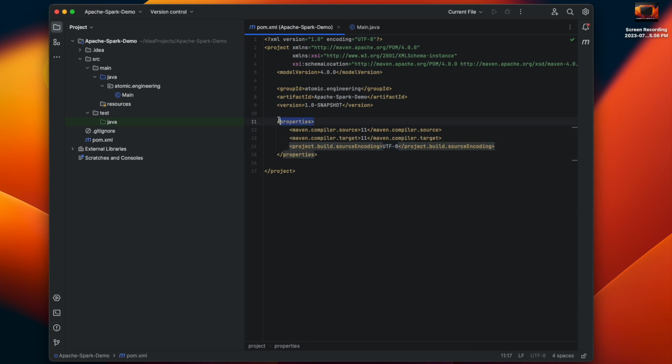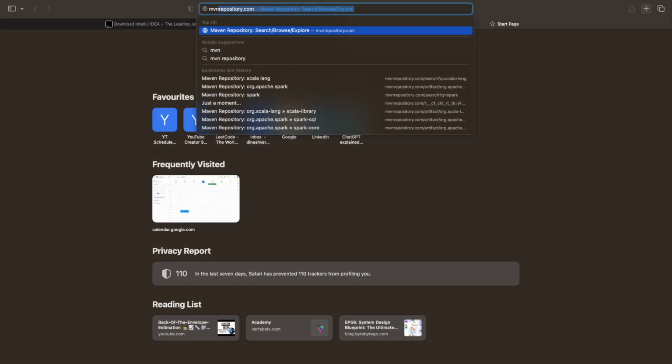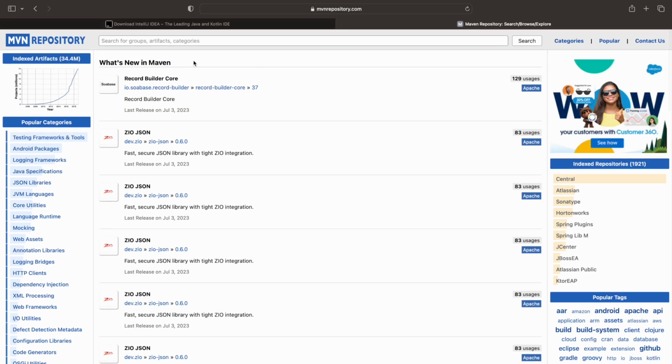So you have properties, and in order for you to run any Spark application, we need to have Spark dependencies added to this Maven project. So for adding the Spark dependencies, you can go to Maven repository, right? When you click on Maven repository, something will open like this, and you will have an option to search for any dependency that you need. I'll search for Spark,